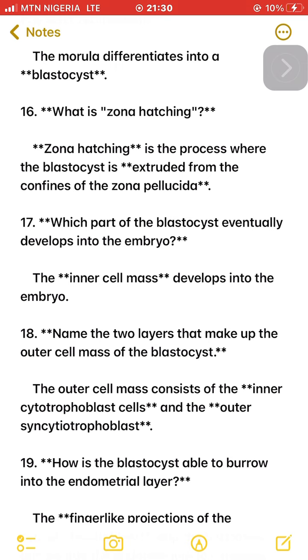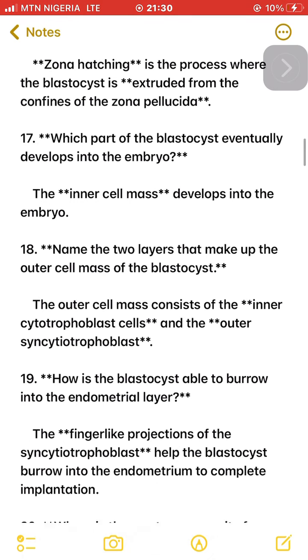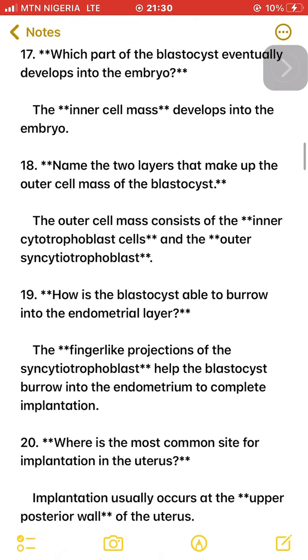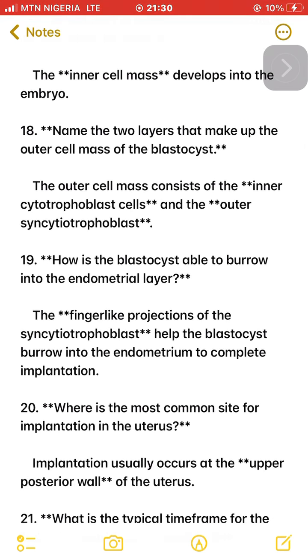18. Name the 2 layers that make up the outer cell mass of the blastocyst. The outer cell mass consists of the inner cytotrophoblast cells and the outer syncytia trophoblast. 19. How is the blastocyst able to burrow into the endometrial layer? The finger-like projections of the syncytia trophoblast help the blastocyst